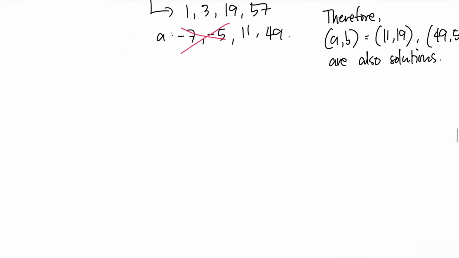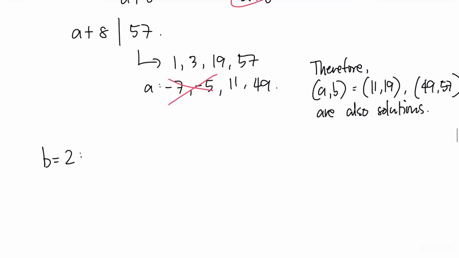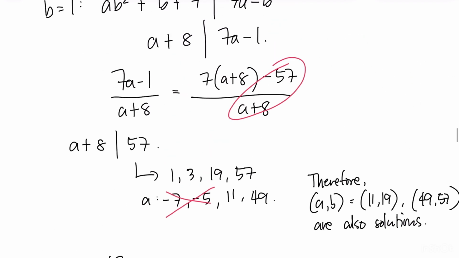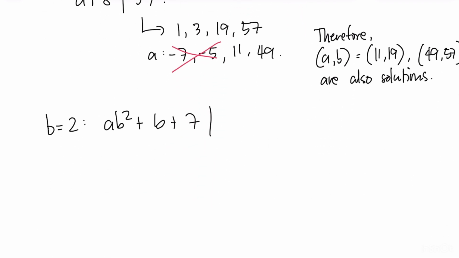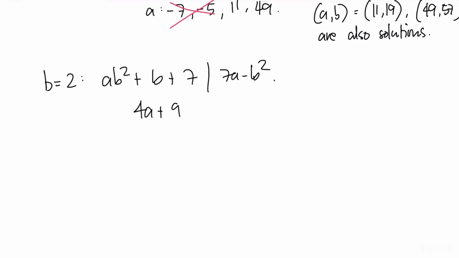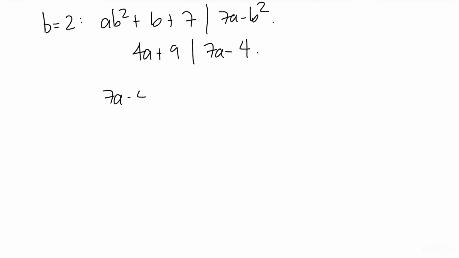Now, there's another case, which is b equals 2, and I'm going back to this one. So ab squared plus b plus 7 will divide 7a minus b squared. Now this is 4a plus 9, which divides 7a minus 4. I'm doing the same thing basically, which is express it into fractions. I'm gonna take a factor of 4a plus 9 out, and in order for it to be 7a minus 4, I'm gonna multiply it by 7/4